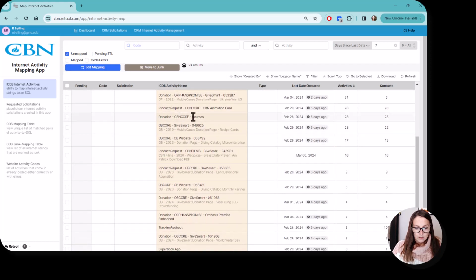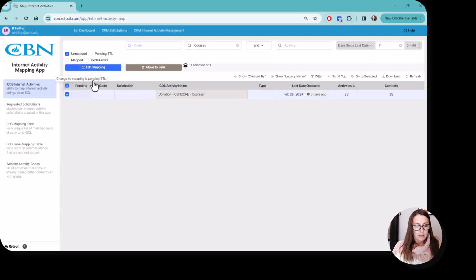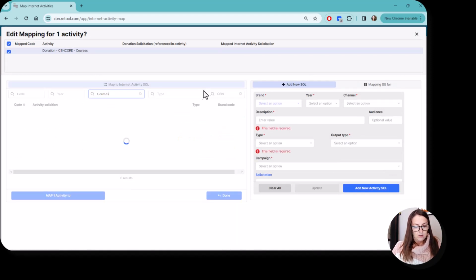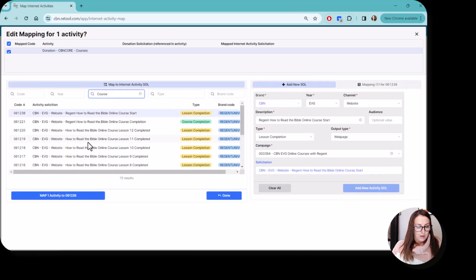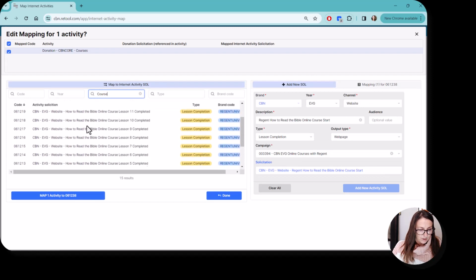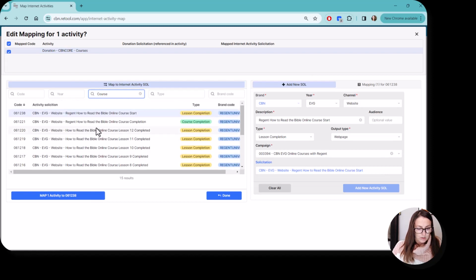Here's one that has to do with the courses, the new Bible app. So let's put that in and see if we get, there's just one. Edit. Let's look and see if there's one in here. Let's get rid of that. I just put in the word course, and we've got a bunch of them. Donation to courses. This doesn't look like there's anything to do with a donation, so I can just clear this